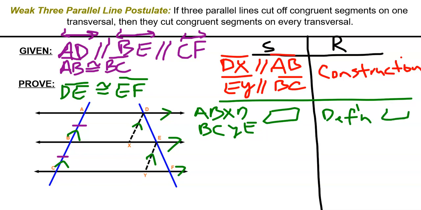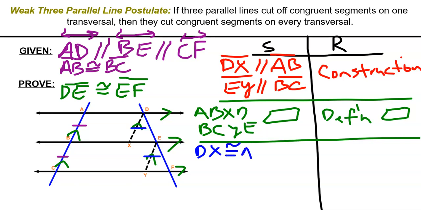Again, I'm going to take some shortcuts for the sake of space on the screen by using that figure to represent a parallelogram, even though that is a very badly drawn parallelogram, admittedly. So that's what we know. By constructing those segments, we've created parallelograms. Well, one of the properties of parallelograms is that opposite sides are congruent. We saw that previously in this module, so we can use that now because we proved it. So we know that DX is congruent to AB, and I'm going to string all of these together by the transitive property, which is congruent to BC,